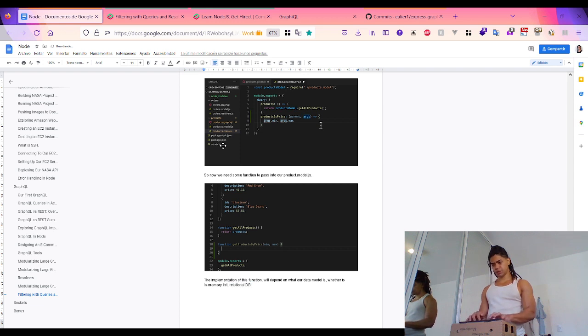Relational DB, document base, graph, key value pair, or wide column